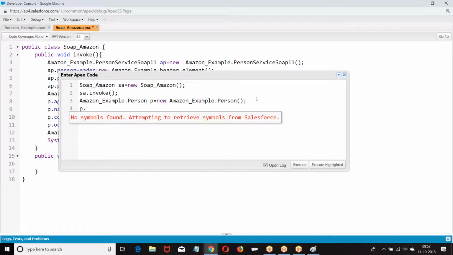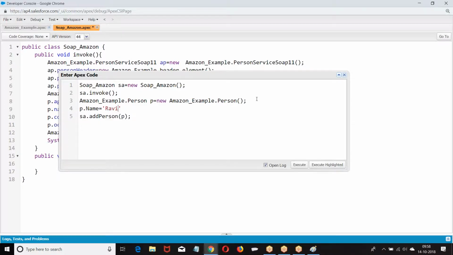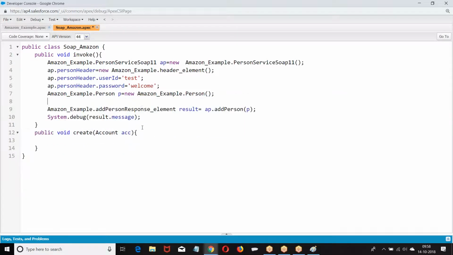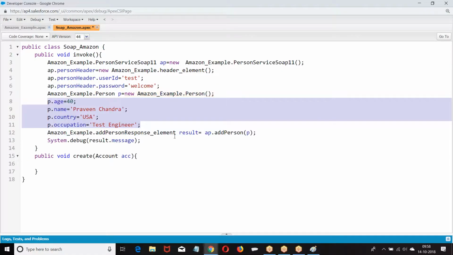Then give p.name, then I am passing p. I hope you got my point. That is the reason why I have created this. Now you are supposed to pass p. I cannot pass empty, so I allocated memory, then I gave the data. That p I am passing. Did you get my point?